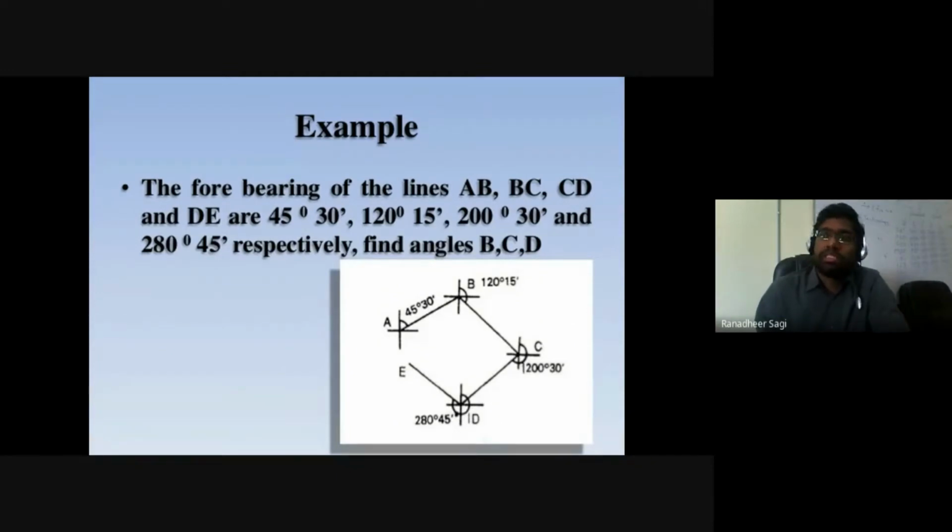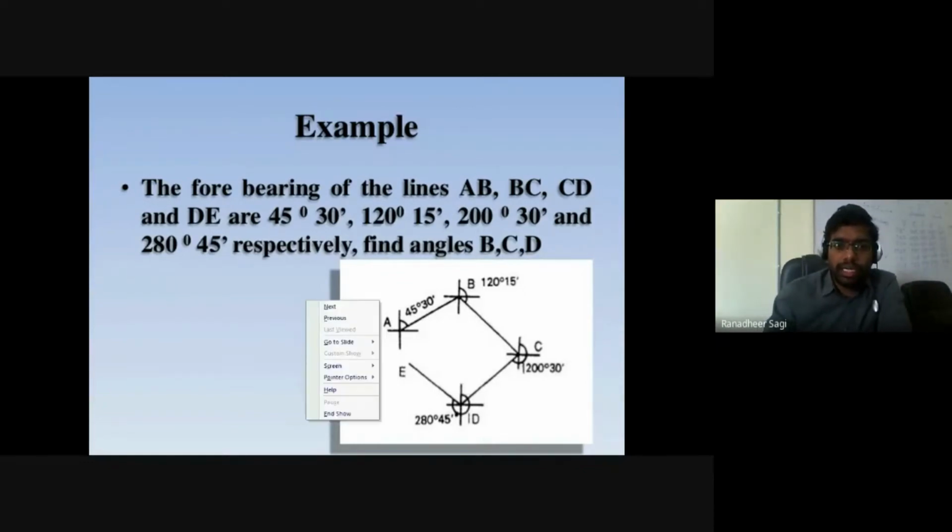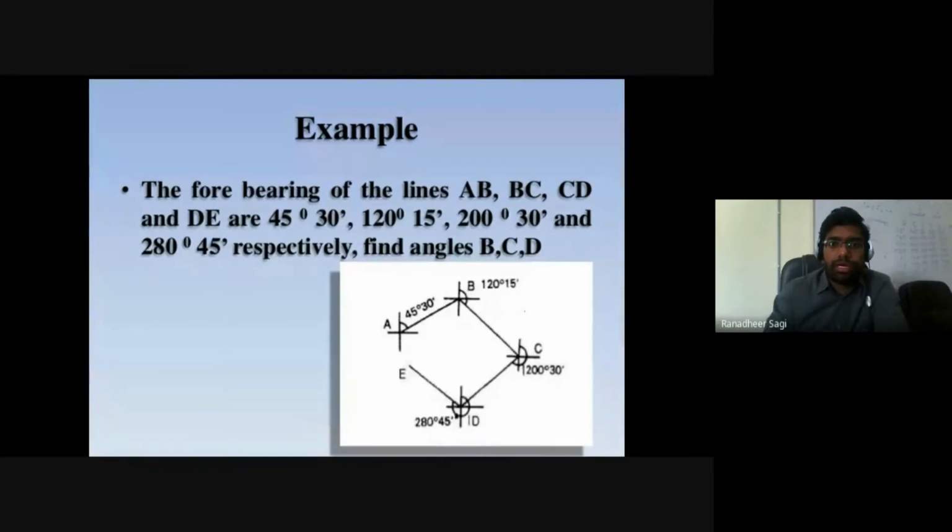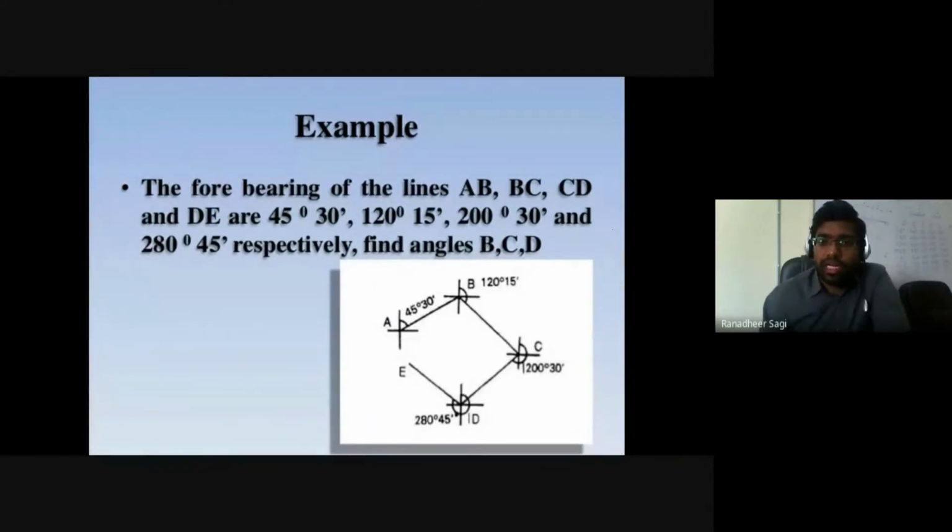So it means it is the interior angle that we are going to be looking at in between the lines of your traverse. Interior angle, otherwise we also call it your included angle. So for calculating that interior angle or included angle, how do we go ahead? I want to calculate the included angle at point B, at point C and at point D. Whenever you are asked to calculate anything like this, or whatever you are trying to solve, first try to draw a rough sketch.